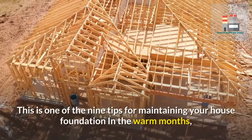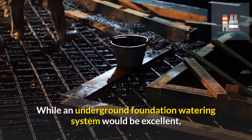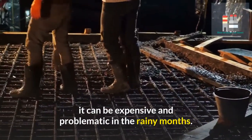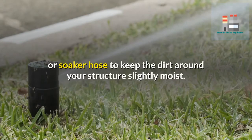This is one of the 9 tips for maintaining your house foundation in the warm months. It's important to water your foundation. While an underground foundation watering system would be excellent, it can be expensive and problematic in the rainy months. A better option may be to use an automatic lawn sprinkler or soaker hose to keep the dirt around your